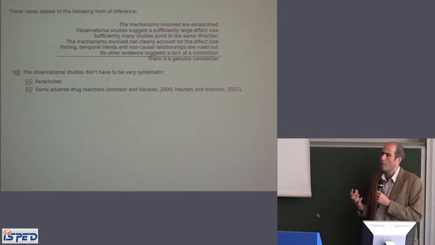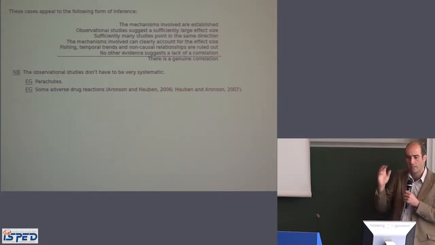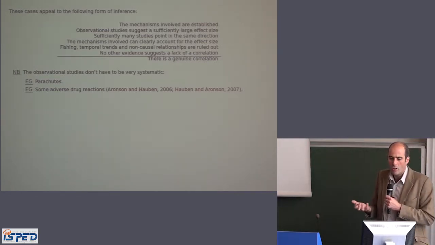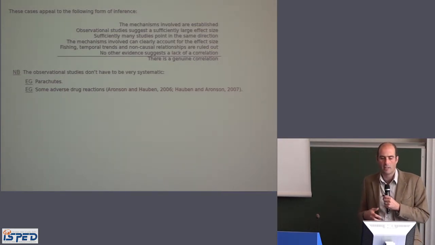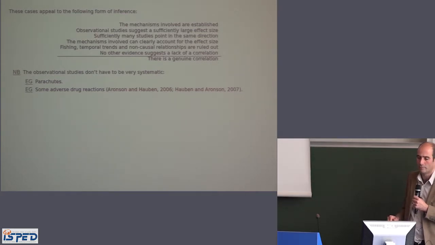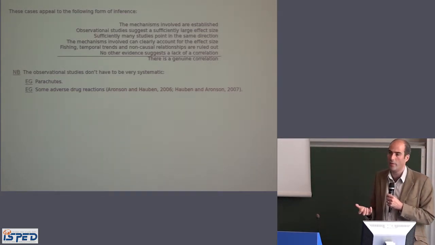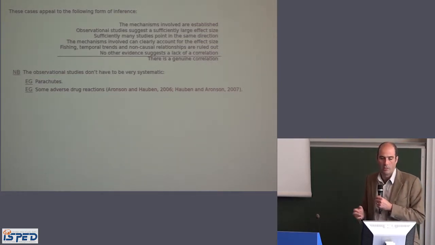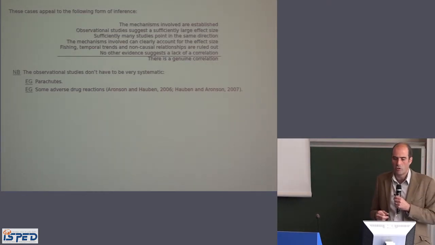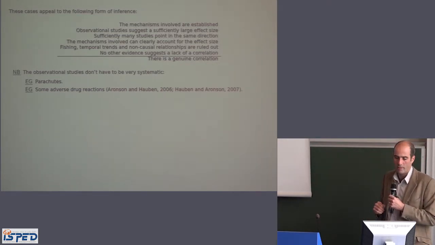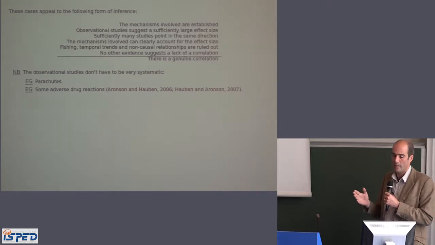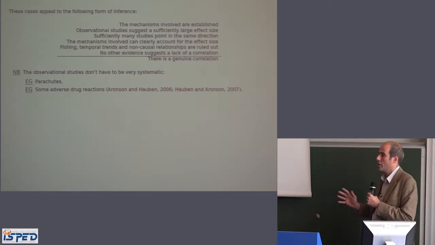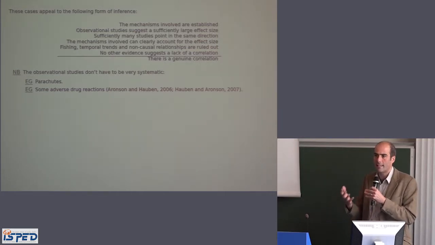So I'd say the kind of form of inference that you're appealing to is this. You've got established mechanisms. Observational studies suggest a sufficiently large effect size, and sufficiently many studies point in the same direction. The mechanisms can clearly account for the effect size, and you can rule out some of the other explanations of a correlation, such as fishing, temporal trends, and some of the non-causal relationships I've mentioned. And there's no evidence to suggest a lack of a correlation in these cases, parachutes and ECMO. So you conclude there is a genuine correlation and a mechanism, and that allows you to establish